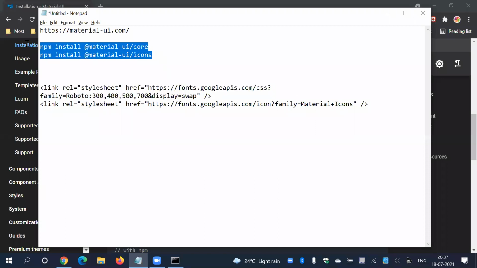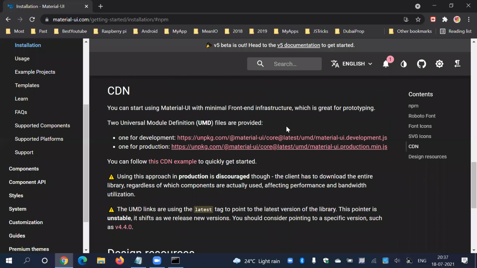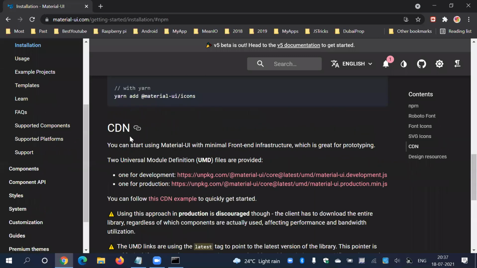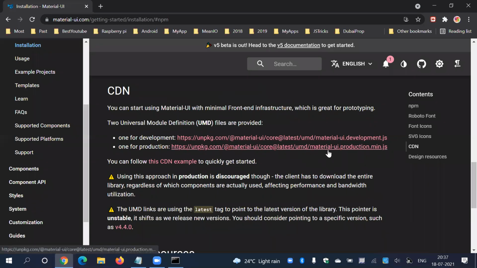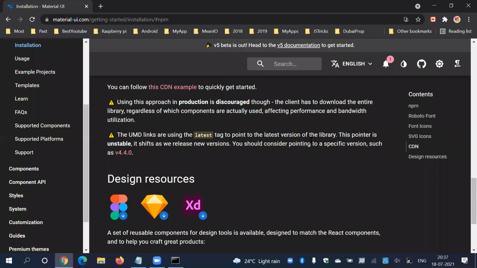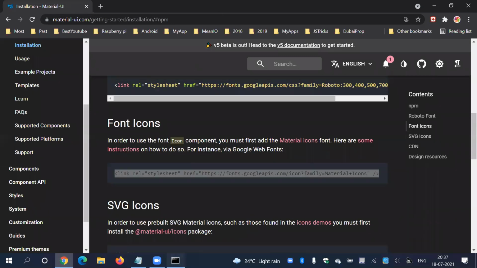We have to install these two libraries, npm packages, in our project. Those are the two things that we need. And this is CDN, content delivery network. Either we can go for CDN files, but we don't need this because we are using npm packages.